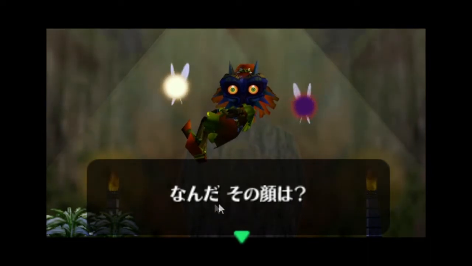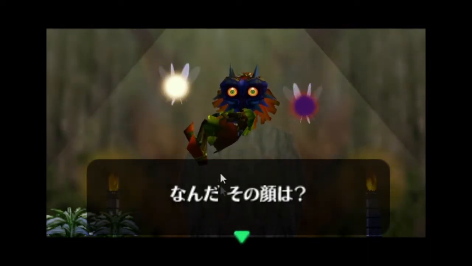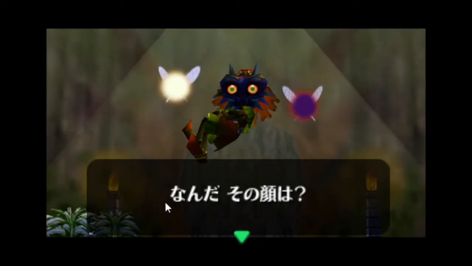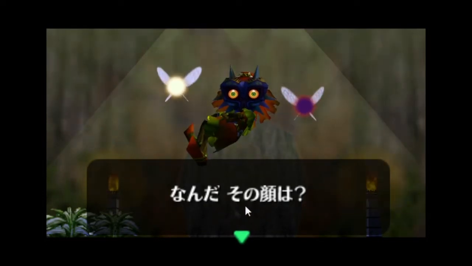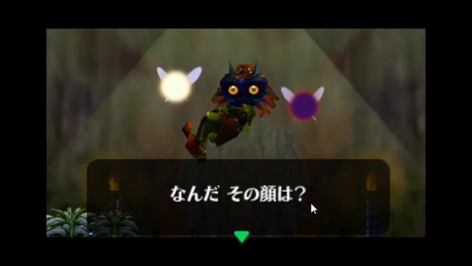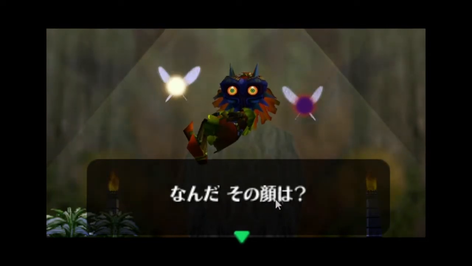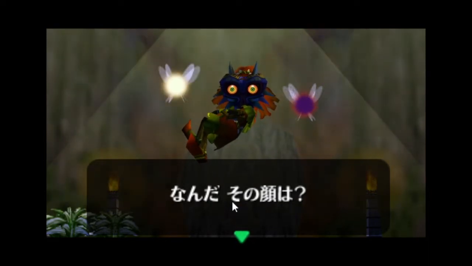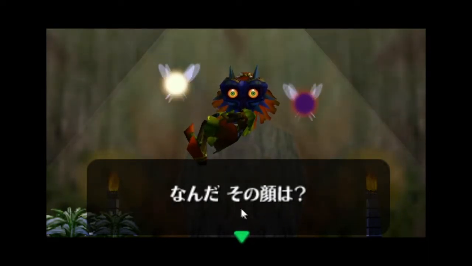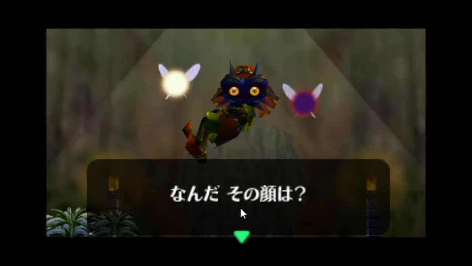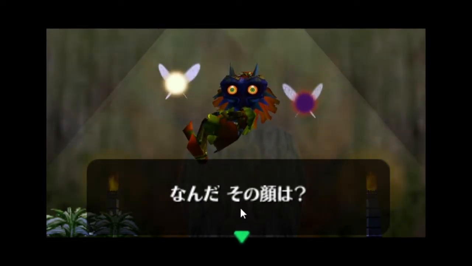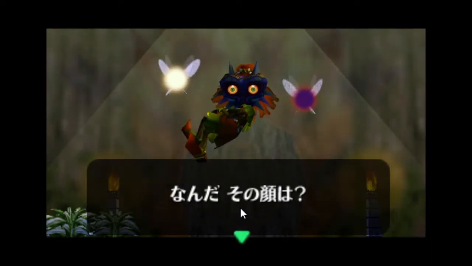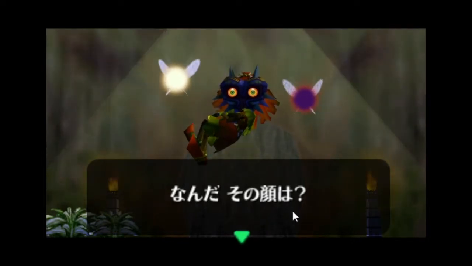And then he's saying, Nanda sono kao wa. So Nanda is like, what? What? That face? Like, why such a face? Why are you doing that face kind of thing? Sono kao. So kao is face or expression, I guess. And sono, yeah, he's talking to us about the face that we are making. So he can say sono. He can't say kono. I suppose he could actually, but that's why he's saying sono, because we're making the face and he's talking to us. Sono kao wa